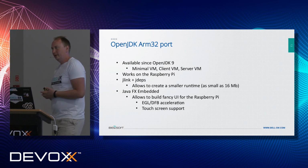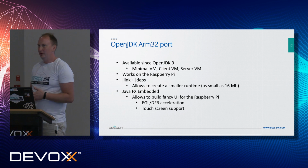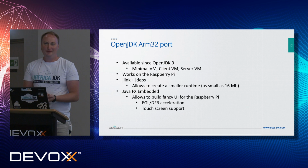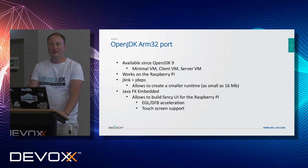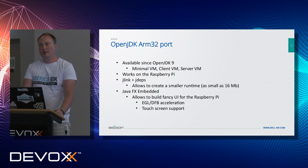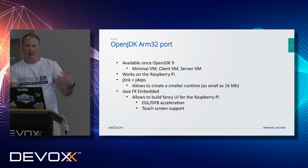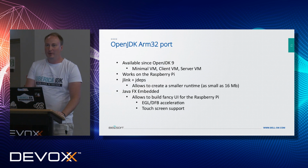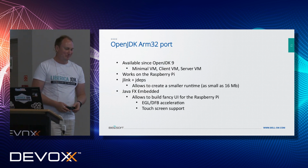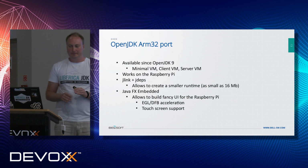It's very interesting that you can look at the open ARM port only starting from JDK 9. Anyone noticed? Really? So there was a closed port made by Oracle that has been open sourced. And by the way, the first company that released JDK 9 for Raspberry Pi was, you know, what company? Yeah, Bellsoft. And that port